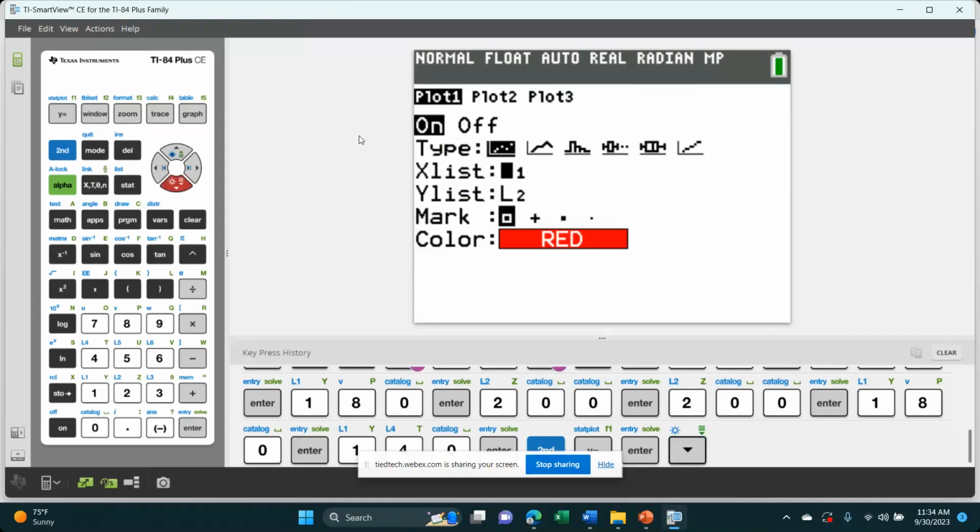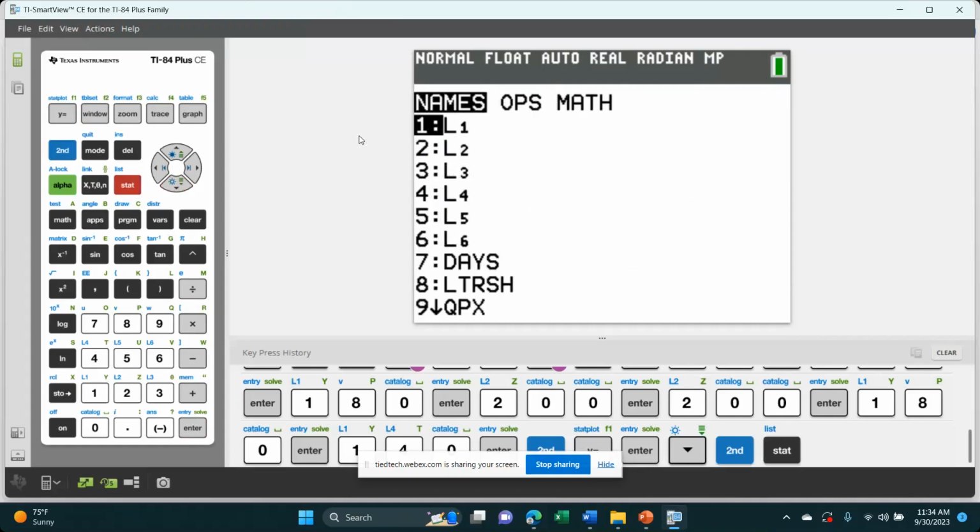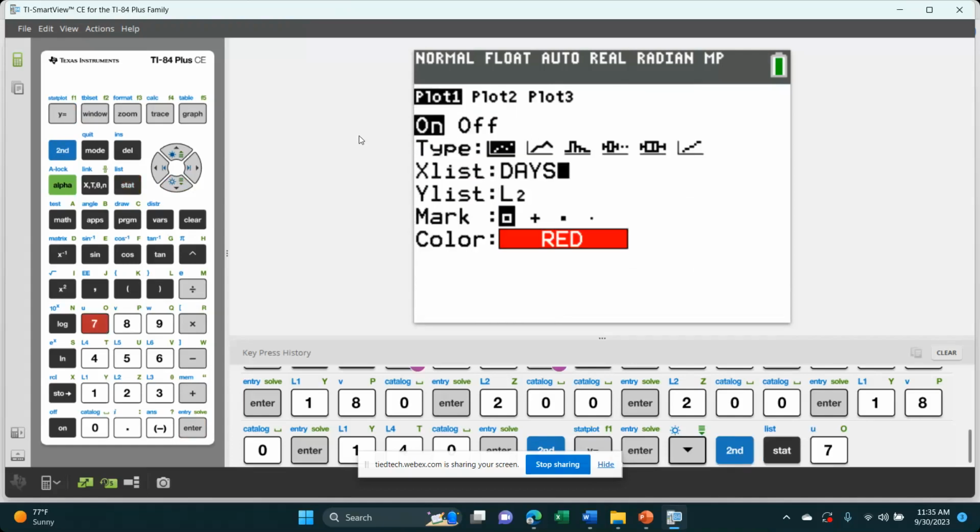Just looking at a scatter plot, the first type, we also realize that, hey, wait a minute, our data is not in L1. So we're going to go to second and list, and there are the names of the lists that I just created. I'm going to let my X values come from my days. My independent variable would be days then, and my Y list,